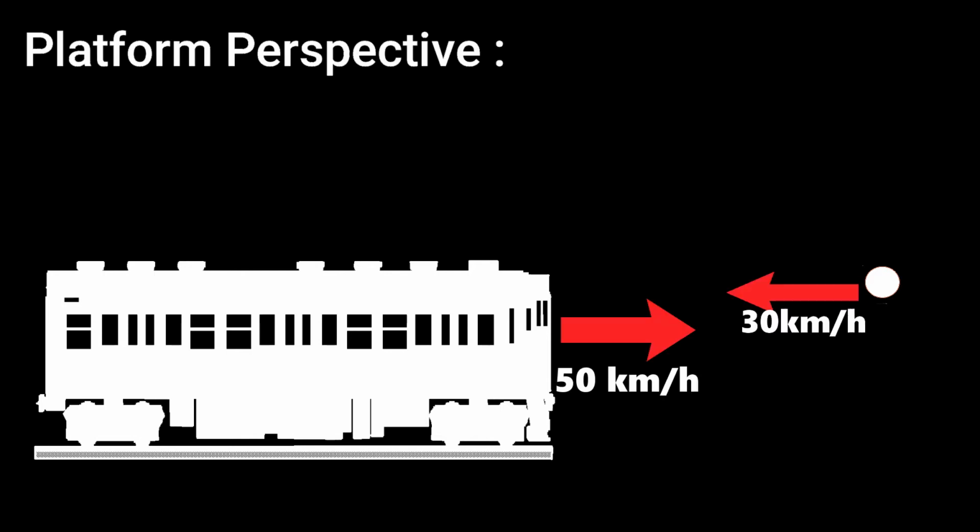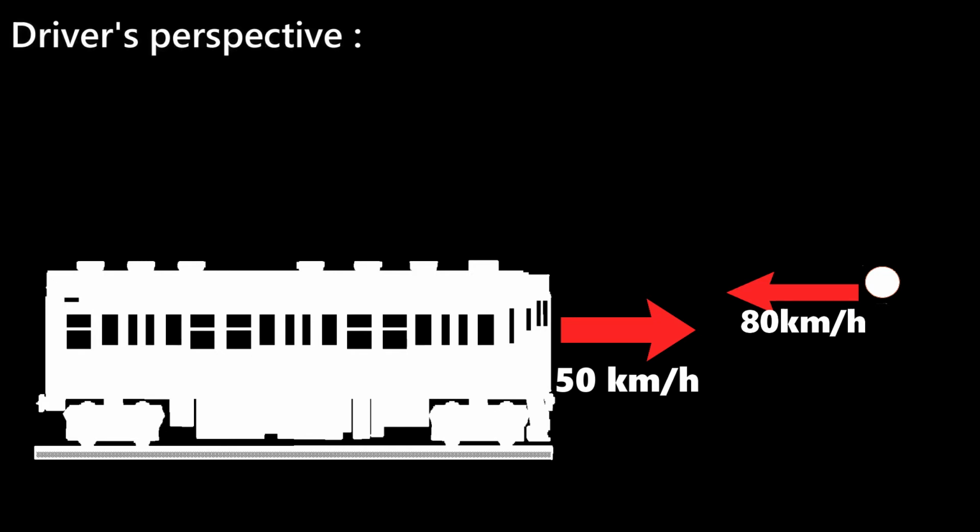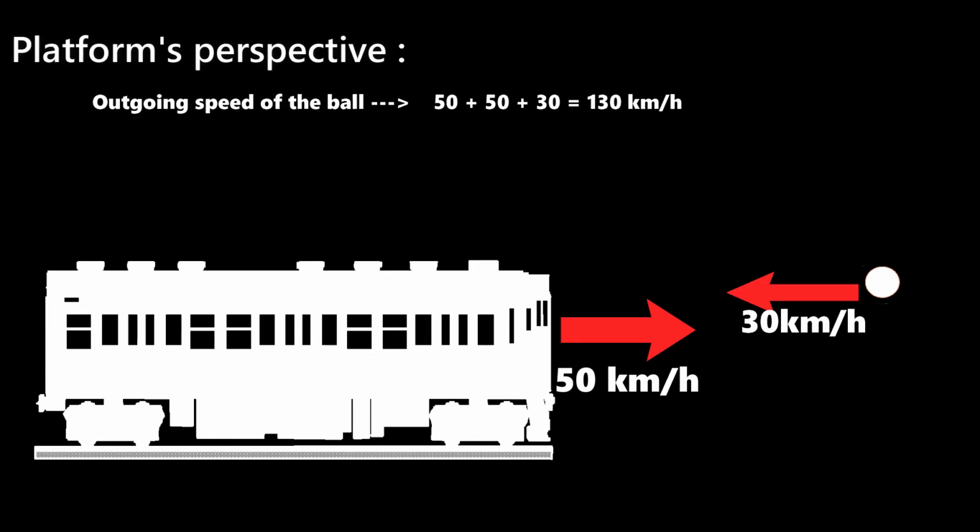A close terrestrial analogy is provided by a tennis ball bouncing off the front of a moving train. Imagine standing on a train platform and throwing a ball at 30 km per hour towards a train approaching at 50 km per hour. The driver of the train sees the ball approaching at 80 km per hour and then departing at 80 km per hour after the ball bounces elastically off the front of the train. Because of the train's motion, however, that departure is at 130 km per hour relative to the train platform. The ball has added twice the train's velocity to its own.